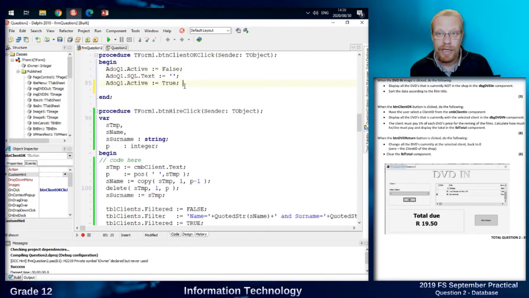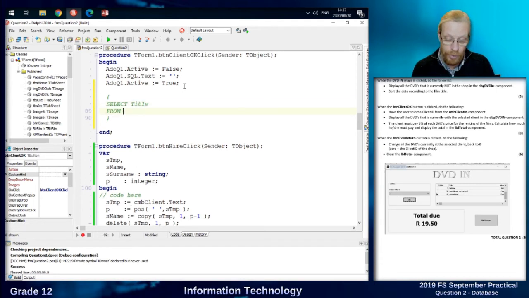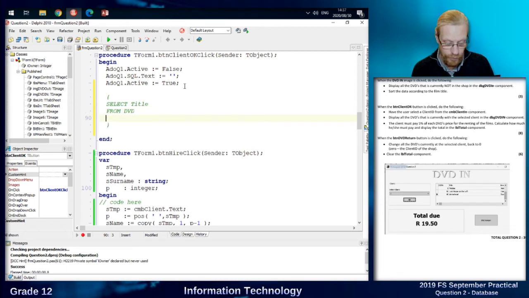I don't have to do any inner joins or anything like that either. My SQL is then going to be select. We're going to be showing the DVDs again, so title from DVD, where,